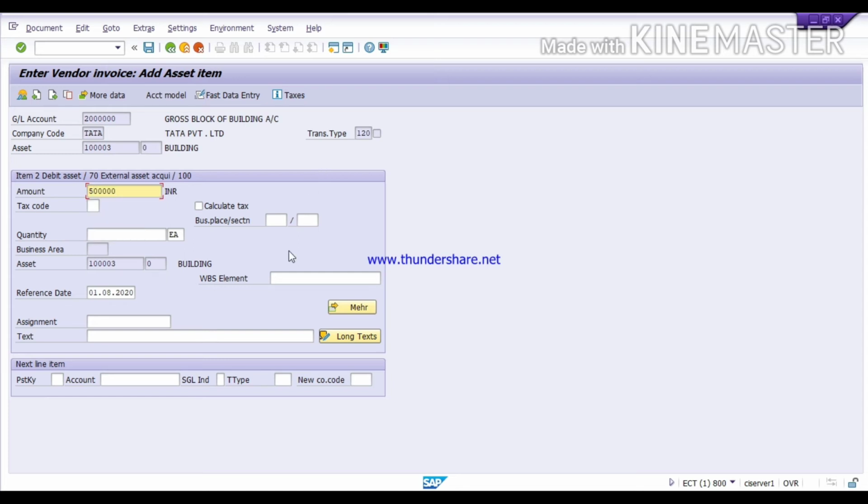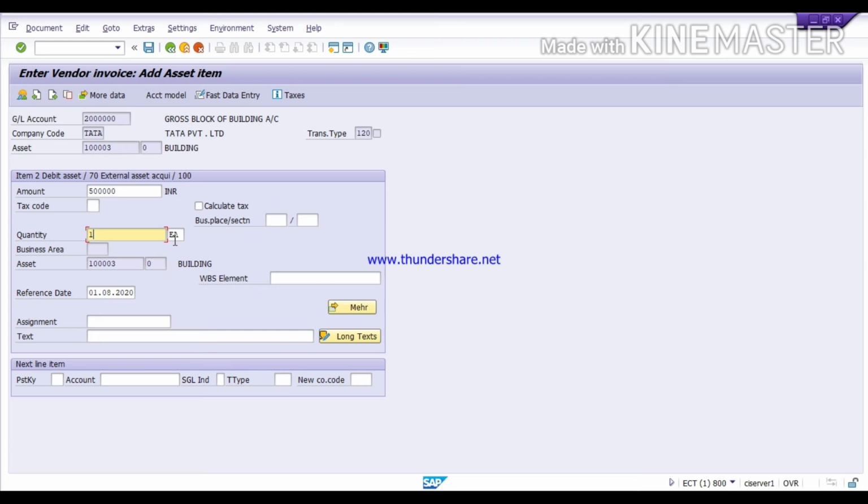The amount. Again, here if it comes under the tax category, you can mention here the tax code and calculate tax, and the rest, the business place and section code, as per your company you can mention these details. Here you can mention the quantity, how many you are going to acquire. So I am giving this one, as we have configured also in a previous video.